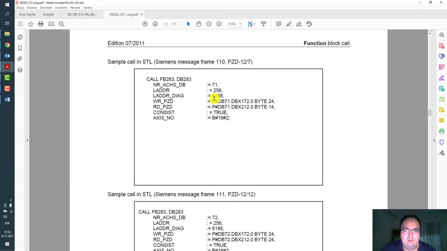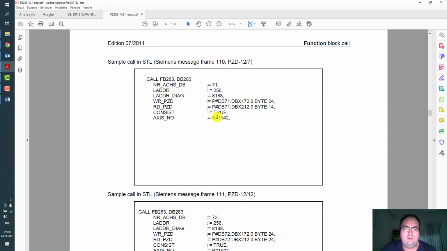That's why the data length for read and write is different. Normally it should be 12 words input and 12 words output. That's why it's 12 words / 7 words.